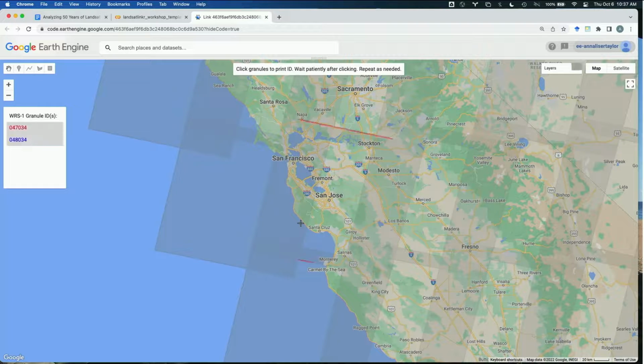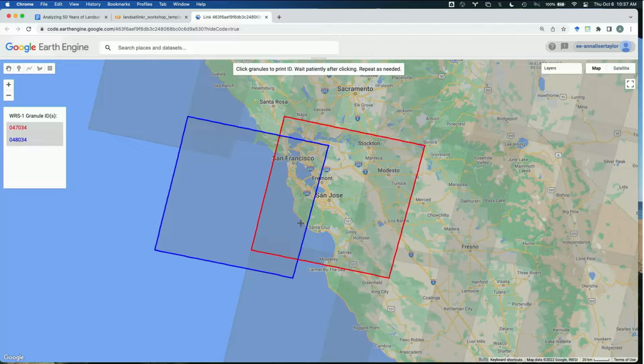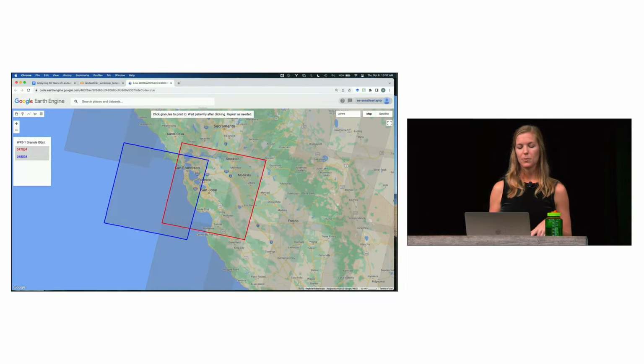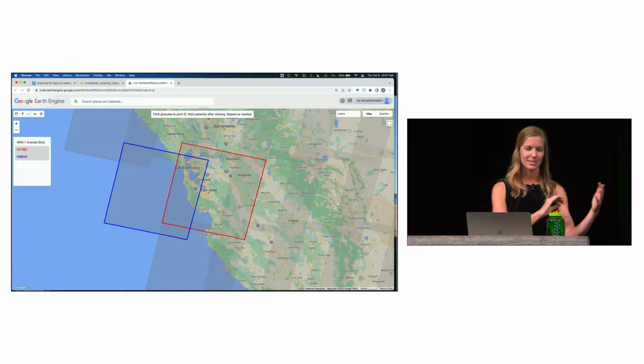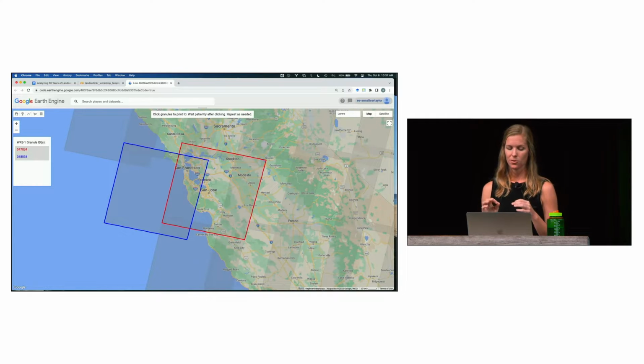Two things are going to happen. The first is that the area that I clicked, it will identify any overlapping tile IDs in that place. So in this case, I picked a place where it's covered by two different footprints. And I'm going to choose the red outlined one because that's covering more of the landmass, and that's what I'm curious about. This pop-up on the left is showing you the corresponding ID using the color, the red tile ID, to differentiate which is which. And I'm going to copy or commit to memory that red tile ID. So in this case, it is